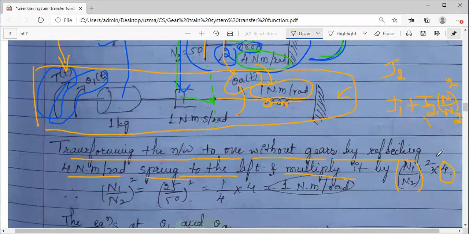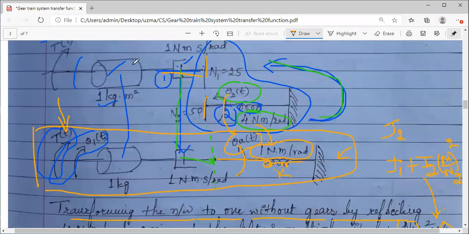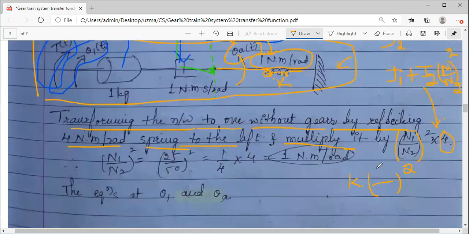Similarly, I have to follow the same thing for K also. ये spring constant है, यहाँ पर actually K you can consider first. So how will the K value change when I reflect? It should be the value multiplied by one ratio square. What is that ratio? I am taking this as shaft 1 and this as shaft 2. So I am reflecting shaft 2 over shaft 1. So I have to take a destination shaft, number of teeth N1, source shaft, N2.